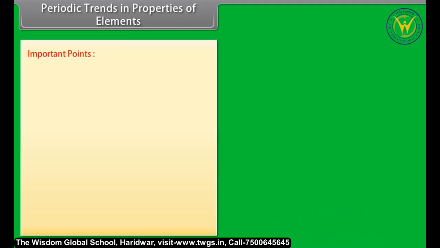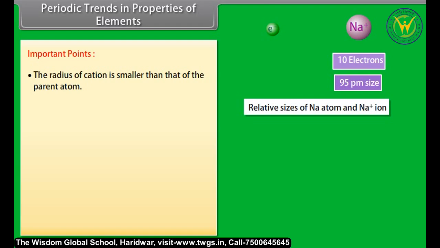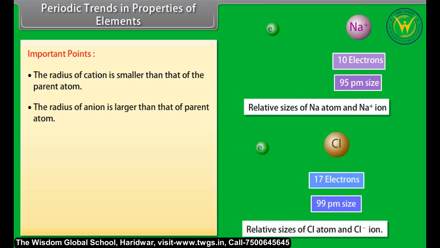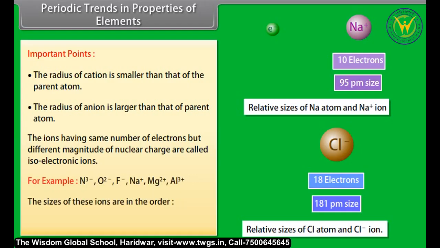Important points. The radius of a cation is smaller than that of the parent atom. The radius of an anion is larger than that of the parent atom. The ions having the same number of electrons but different magnitude of nuclear charge are called isoelectronic ions. For example, the size of these ions are in the order: